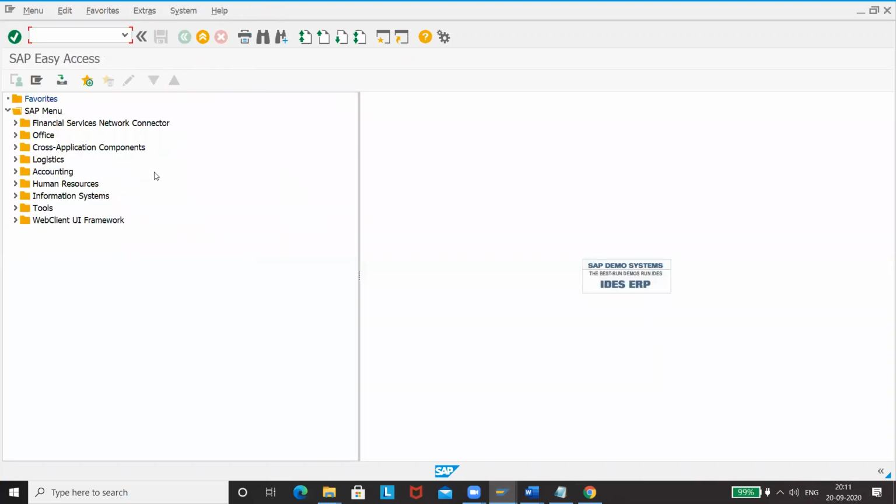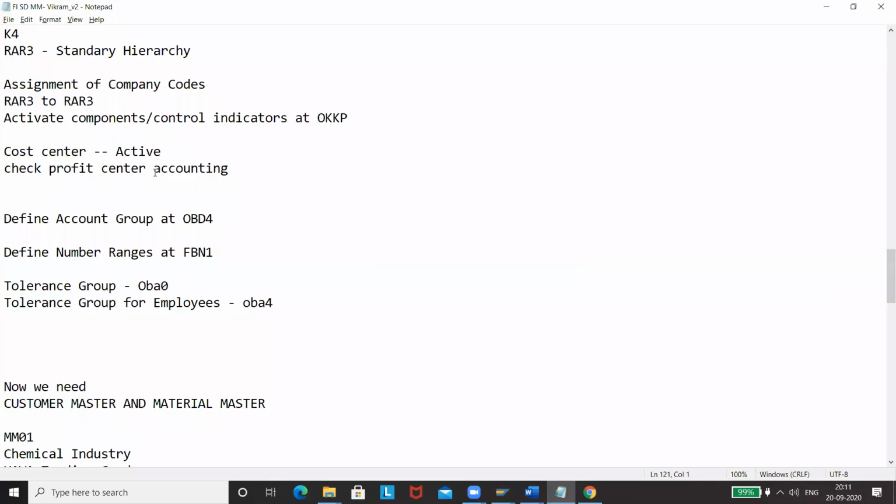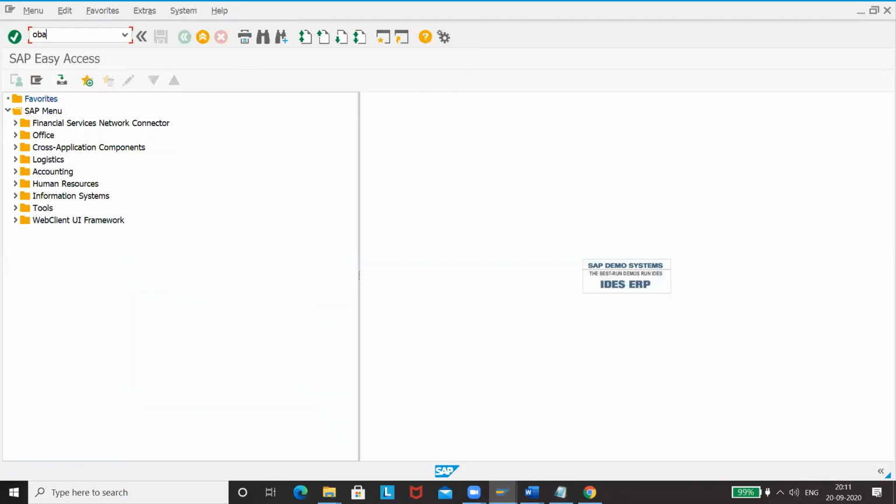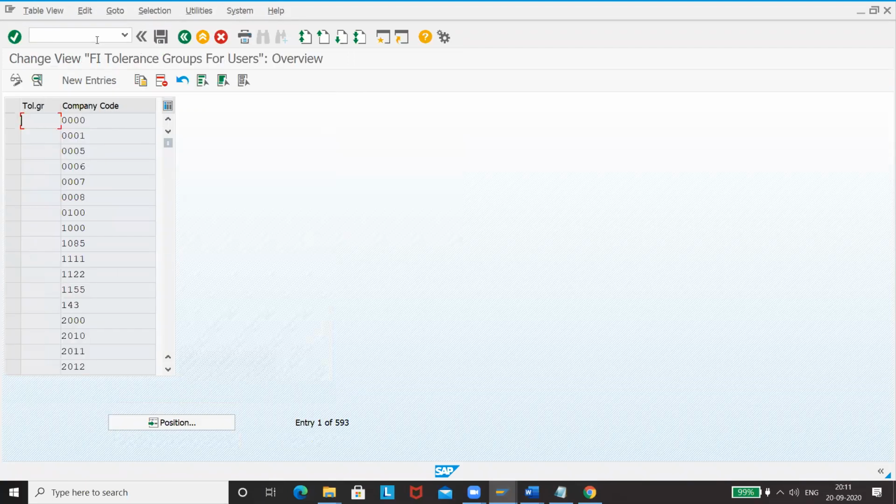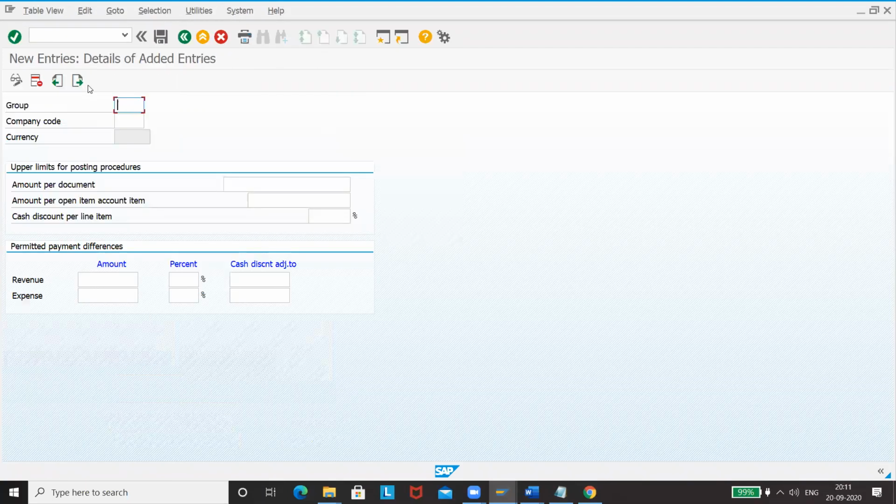Now you have to go to the other transaction code, which is OBA4. Here as well, go to new entries. We haven't given any group, so just go to this RAR3, and here as well you have to give an upper limit and a lower limit.